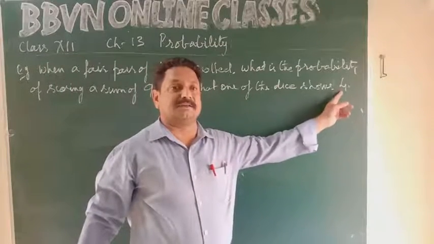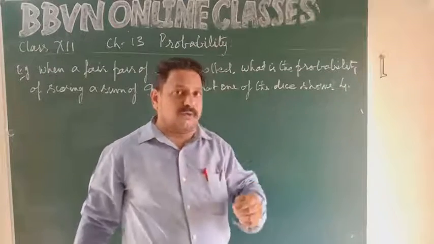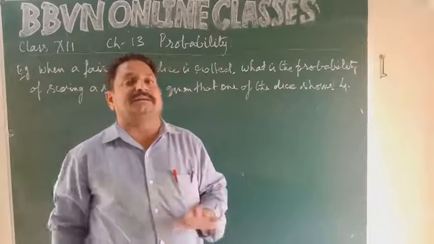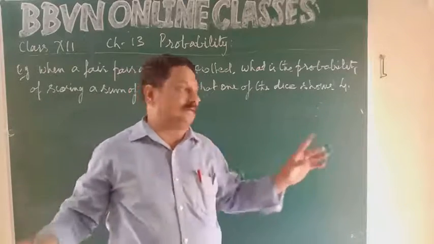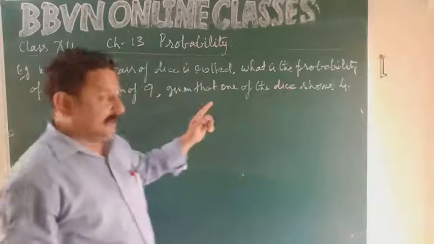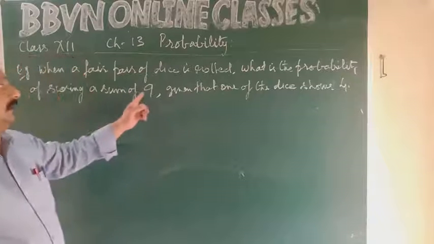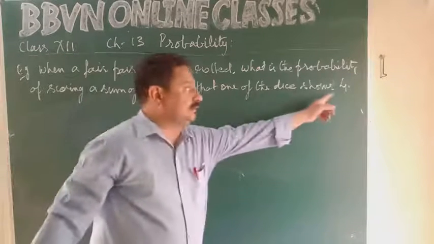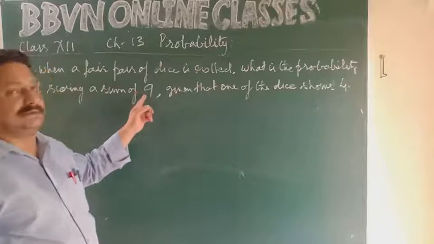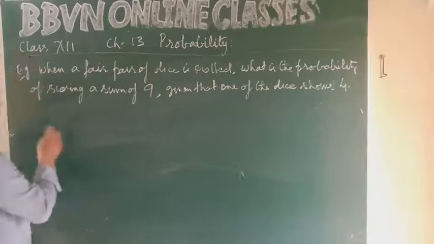So occurrence of 4 on one of the dice is a pure unconditional event that is happening. This occurs first. Now getting a sum of 9, this is conditional. This occurrence of 4 is influencing this event. So let us consider event A.